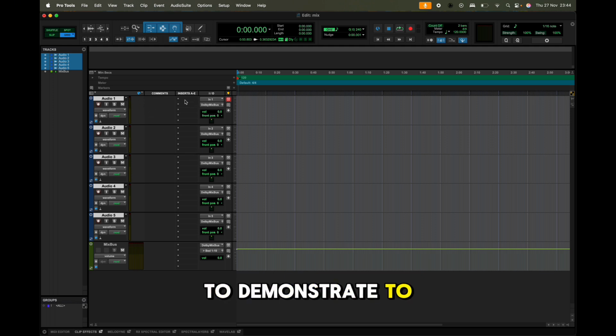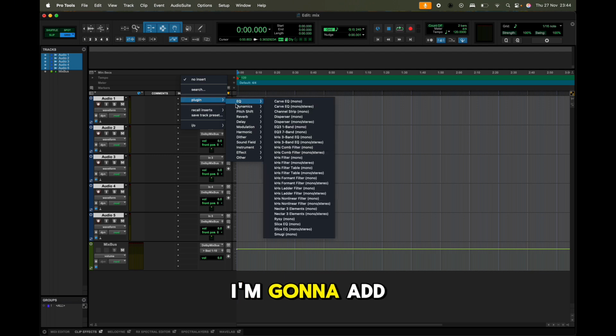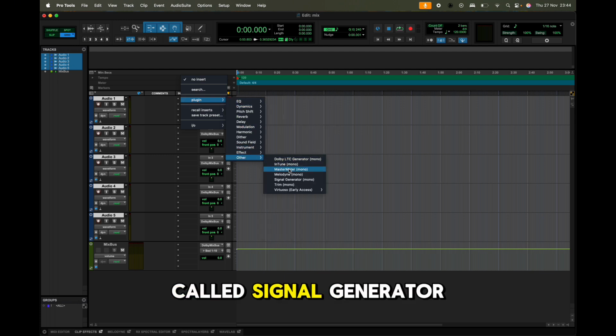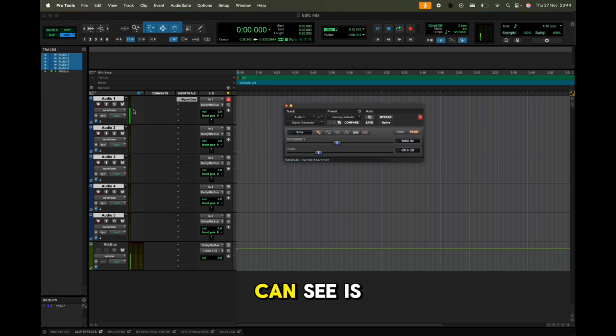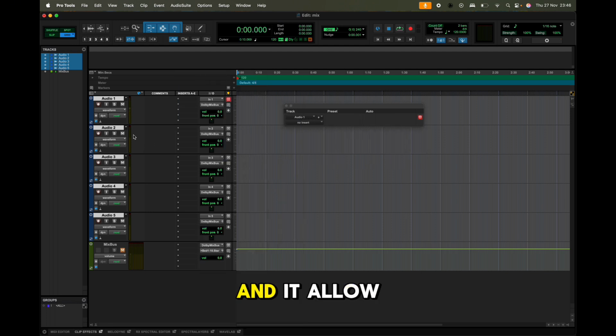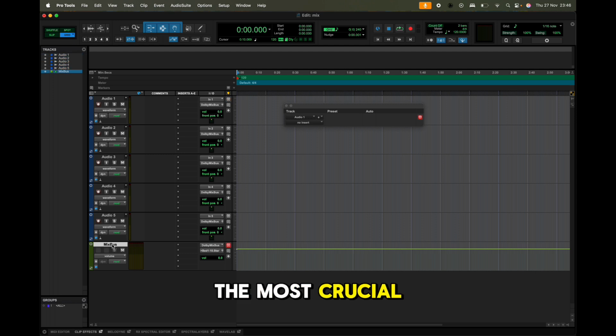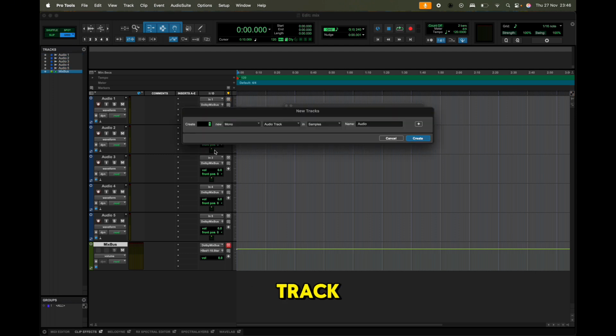To demonstrate to you, I'm going to add an insert on this track, a plugin called the signal generator, and as you can see, it's playing the sound, and the sound is going here in the auxiliary. The signal flow in this way is working, and it allows us to have control of what's going on in the audio track individually, to have a submix there, and then the most crucial thing is also to add another track,